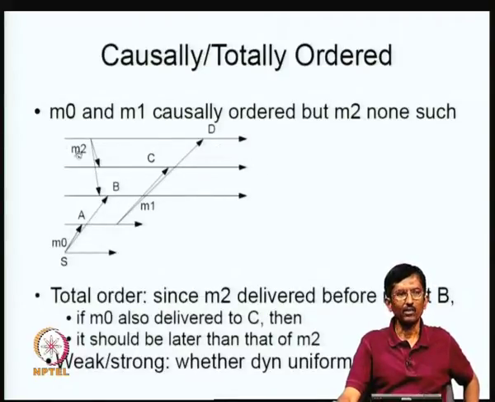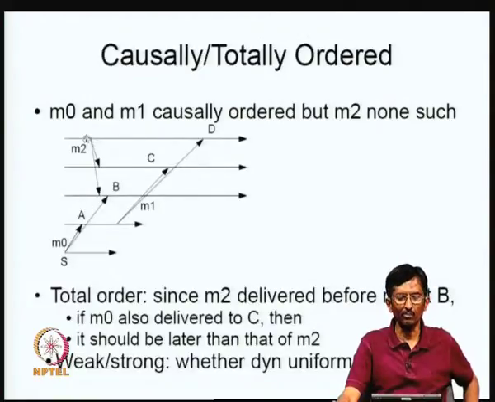Okay. There is something else, M2, which has no connection with M0, because notice that the only way I can say that M1 is causally related to M0 is because there is one common place, A, where I can see that this one is definitely earlier than this. If there is no such thing, then I can't really figure out what is going on.